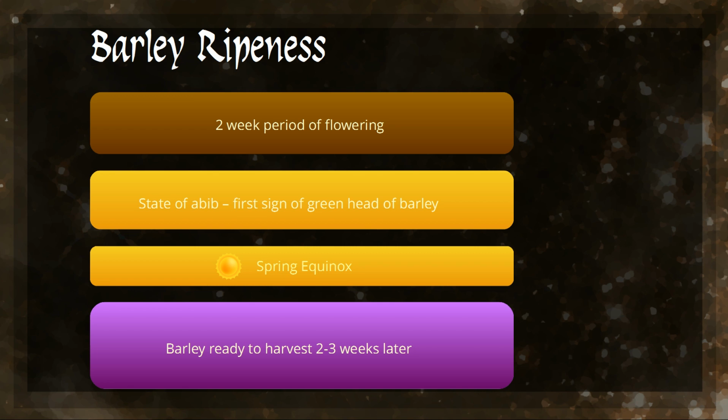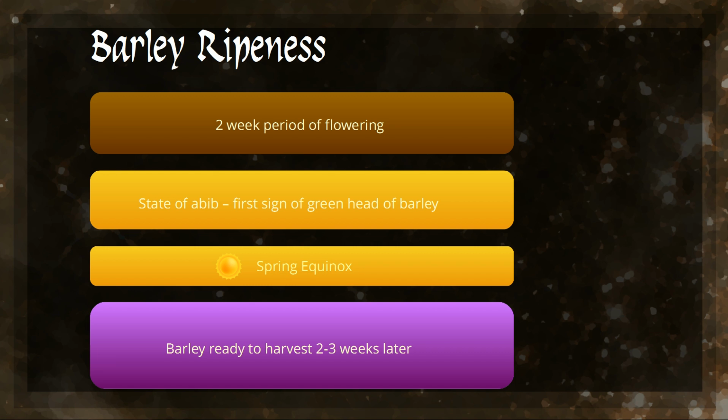Physiological maturity occurs between 40 to 50 days after flowering. This would be from about mid to late April. The outward sign of this is a loss of green coloring, and the grain's loss of moisture is very rapid during this stage, the period of optimal barley harvest. However, barley is still harvestable a few weeks before this time as well. The seed embryo development inside each grain is complete roughly 25 days after flowering, on average shortly after the spring equinox.